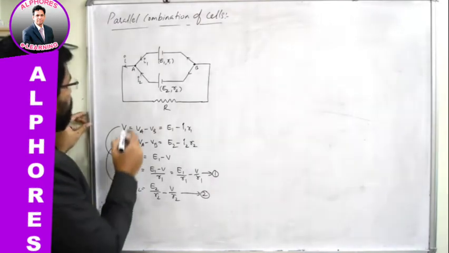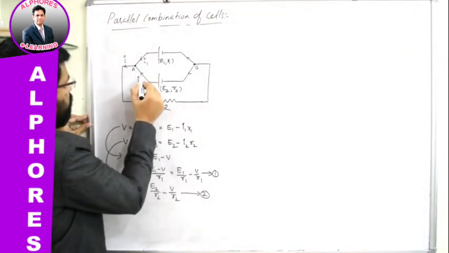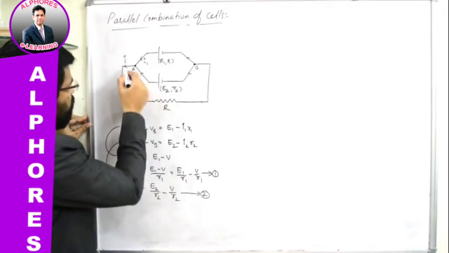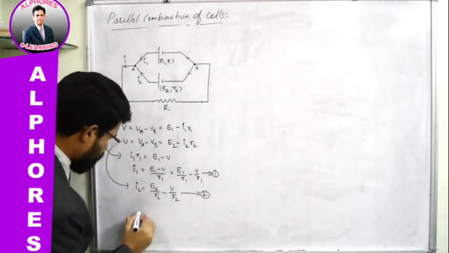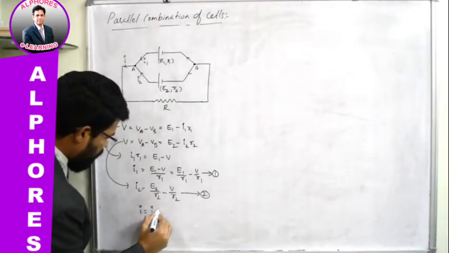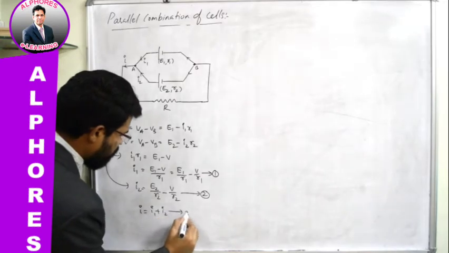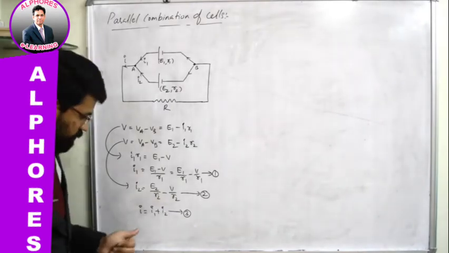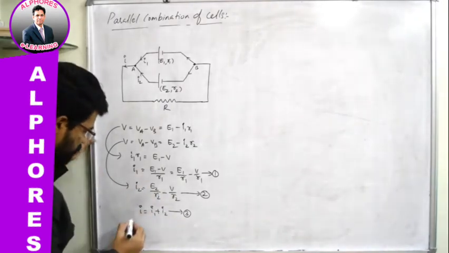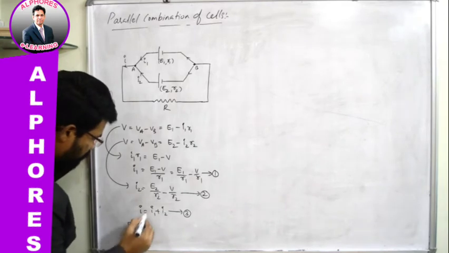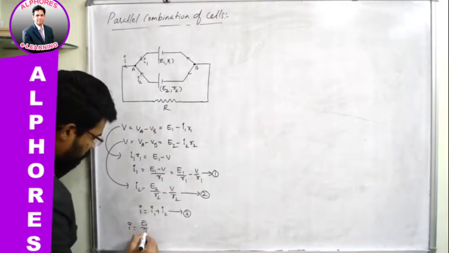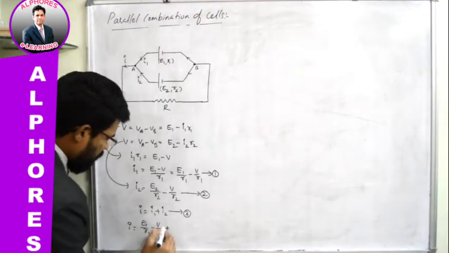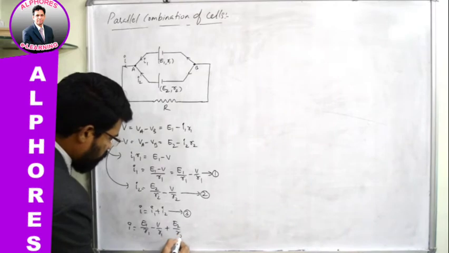Look at this circuit diagram. I1 and I2, these two currents are flowing here, and finally it is equal to how much? I. So here I1 plus I2 can be written as I, isn't it? So I is equal to I1 plus I2. Let it be equation number 3. Now I am going to substitute I1 and I2 from equations 1 and 2 in equation 3. Let us see what is going to happen. So I is equal to E1 by R1 minus V by R1 plus E2 by R2 minus V by R2.